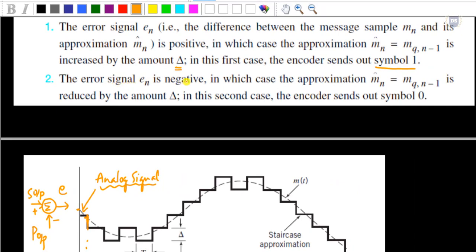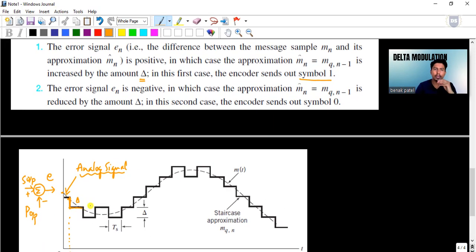So if the error signal is negative, m cap n is reduced by an amount of delta. So this is getting decreased by an amount of delta. This value over here is delta, and will remain at the same level till the second sampling interval.